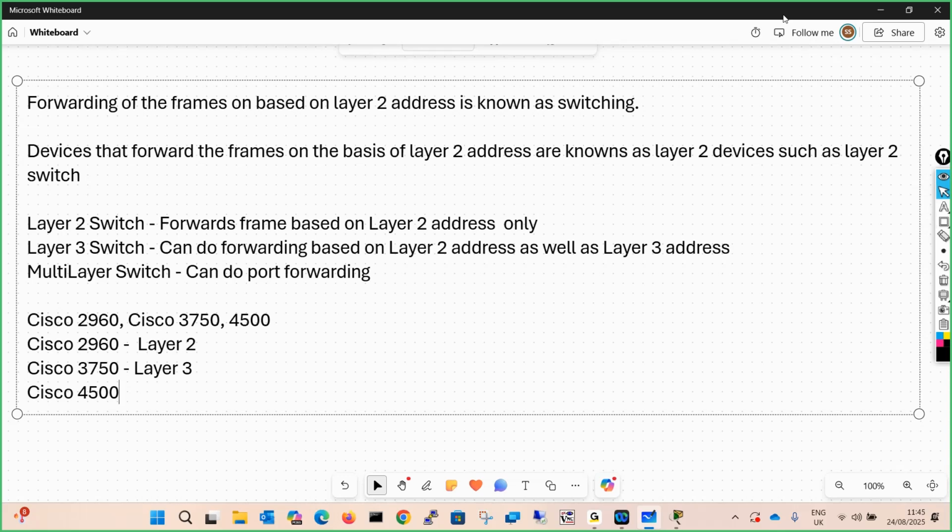This was the modular switch, you can say, because it had modules. Everyone has seen the switches. Or you can do one thing, you can just go to Google and look for the switches. It was the Cisco 4500 series, and the switch was 4507 because it had 7 different modules. But now Cisco has put all these switches to end of life, and they have come up with new modern day switches.